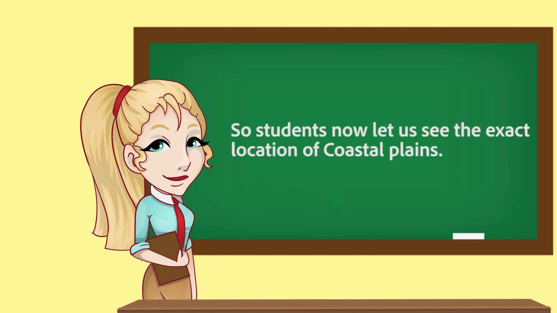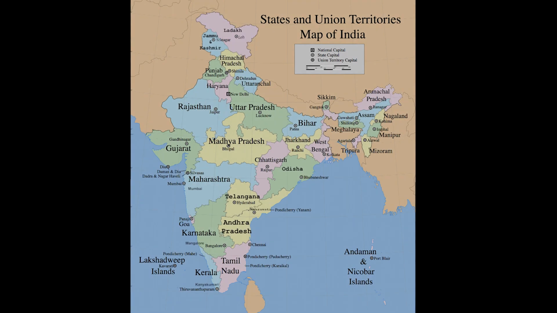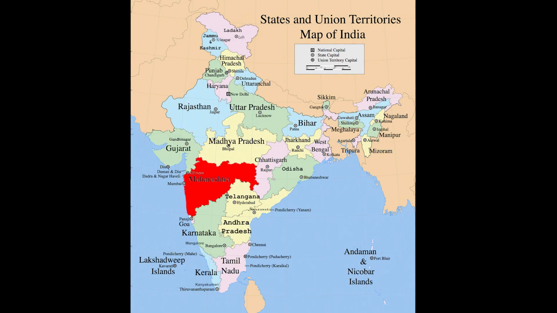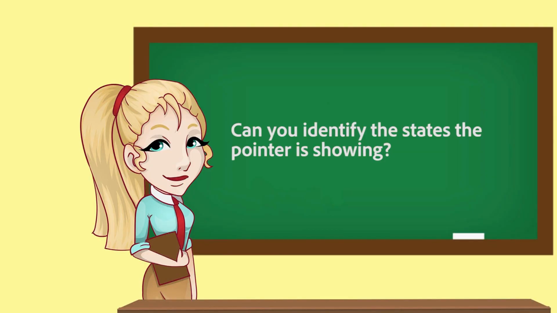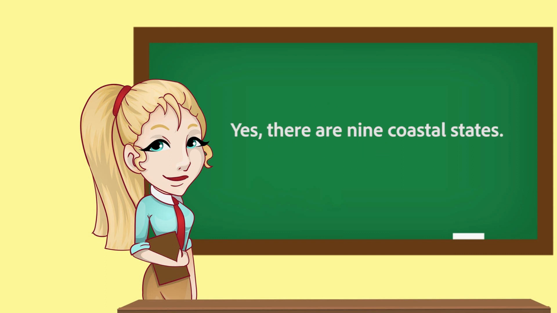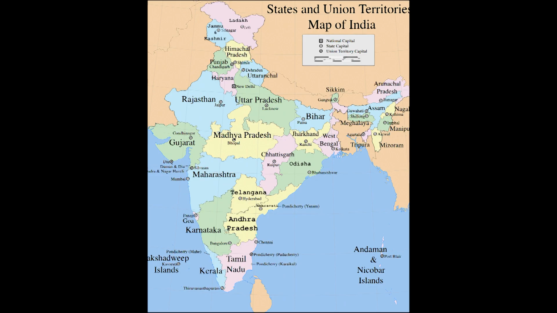So, students, now let us see the exact location of the coastal plains. Can you identify the states the pointer is showing? Yes, there are 9 coastal states. We have